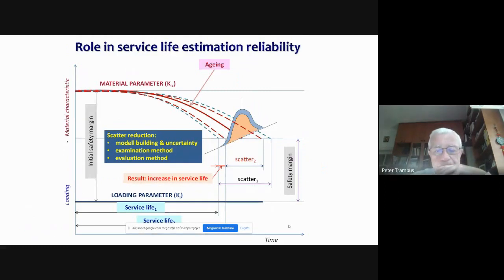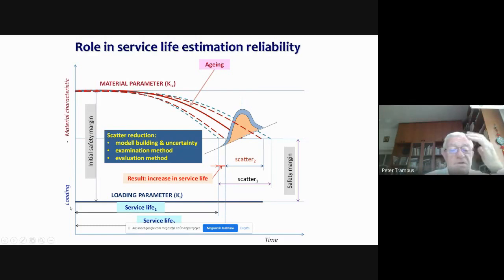This is just an illustration of how the NDT can contribute to the service life estimation reliability. In this diagram, the horizontal axis is the operating time in years, and on the vertical axis you can see a loading parameter or material parameter, or material characteristics, which resist the loading.